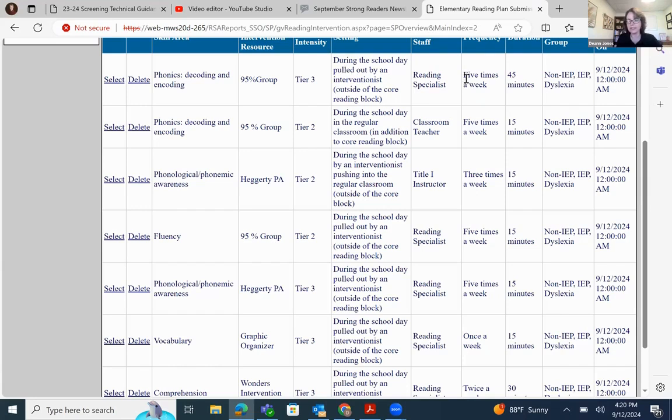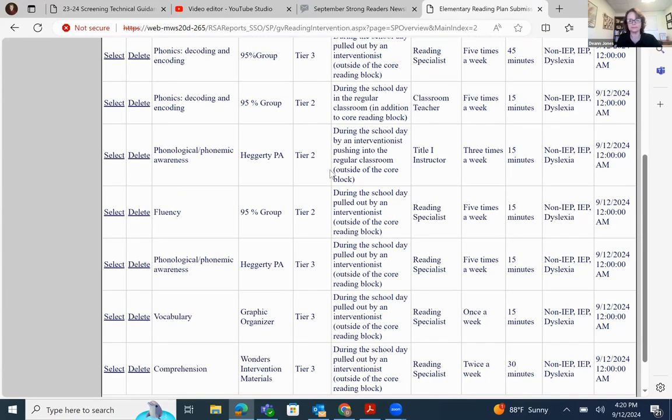They might be working every time she's pulling them, the first 10 minutes or so on phonemic awareness. And so you would enter that as well. So you may see several different rows to discuss all of the skill areas that they're addressing, even though the specialist is only pulling them one time. We're going to make a row here for each skill area that they're addressing.